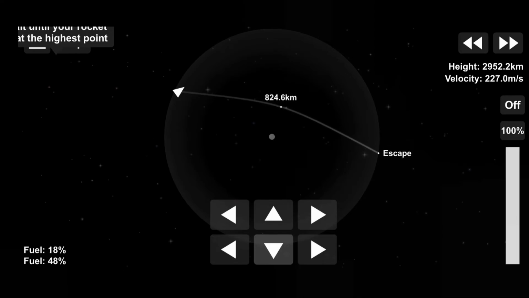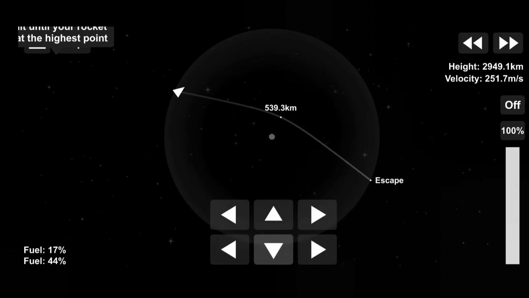The physics in this game is surprisingly similar to real physics. Of course, there's a lot more calculations and difficulties that go into launching a real rocket. But if you want a game that is closest to the simulation of a spacecraft, this is the best game to go. It's called Space Flight Simulator.